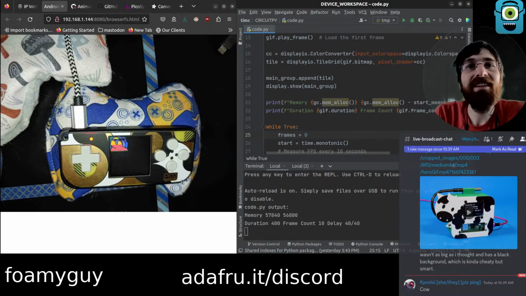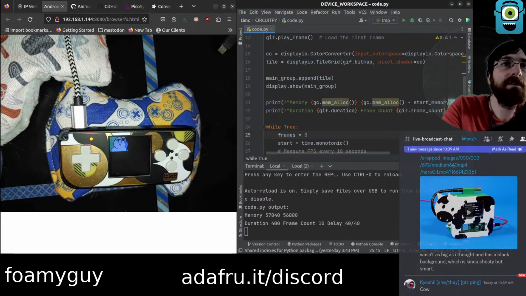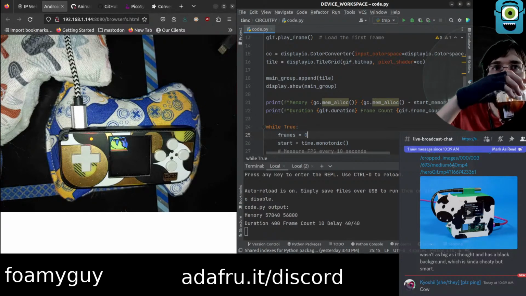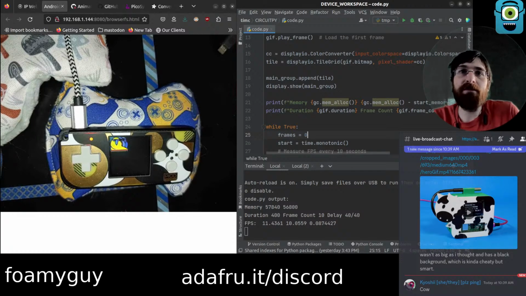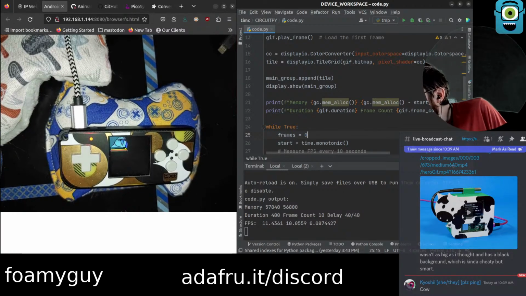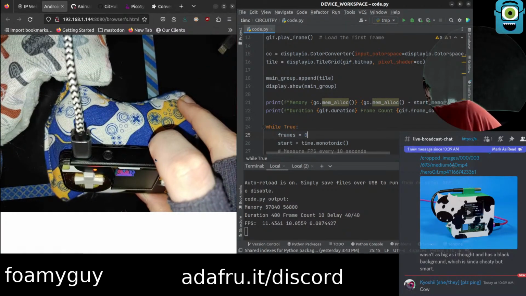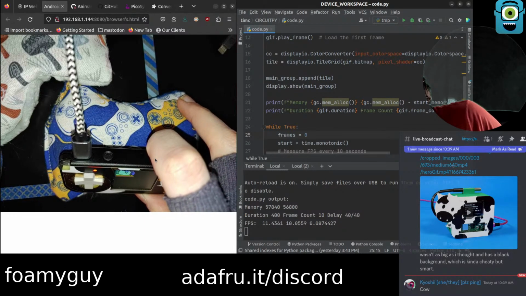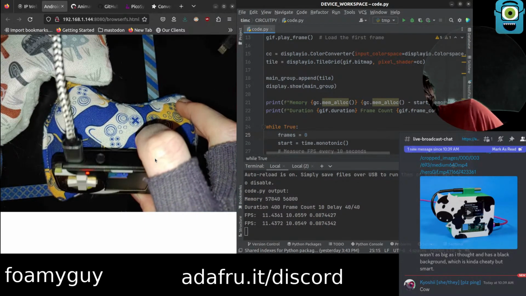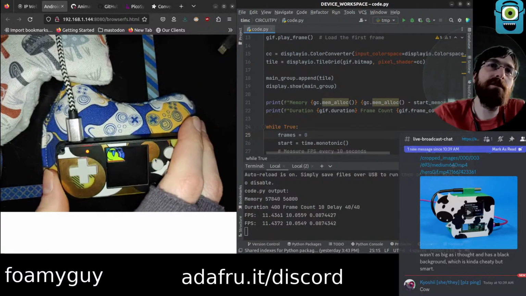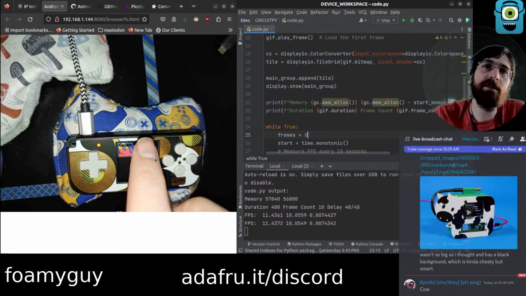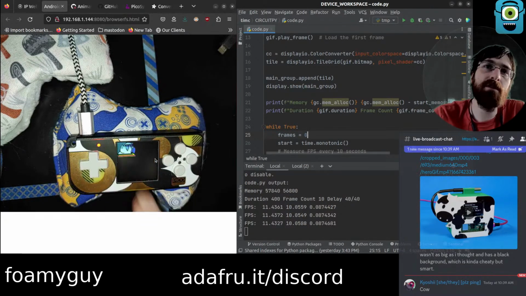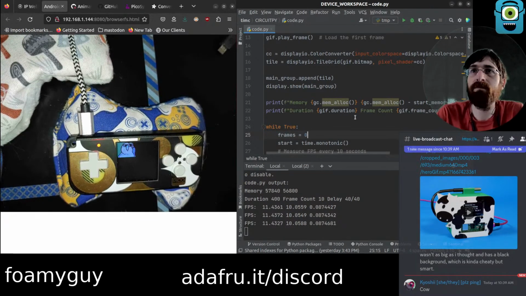Nice. It doesn't clear the previous frame, it looks like. But that is certainly more Giphy than all CircuitPython prior. So the left is odd as well. The left side is not filled in, but the right, or I guess vice versa. The right side is dark, but the left side is like that teal.